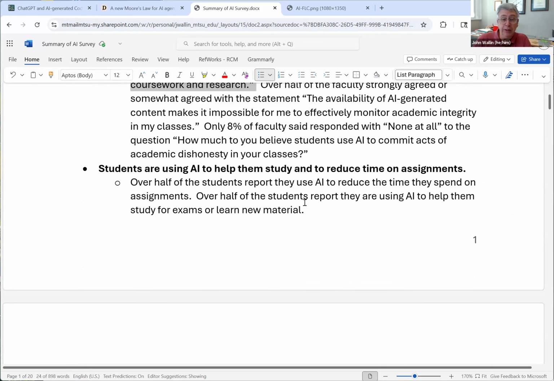Students are definitely using this to reduce time on assignments. So this idea of avoiding work is exactly correct. The idea of missing out and avoiding work is 100% correct. People want to reduce the time on task. Reducing the time on task usually reduces the cognitive impact that tasks have. So by reducing the time on task, they're undermining everything we're trying to do in classes, which is get them to spend time studying.